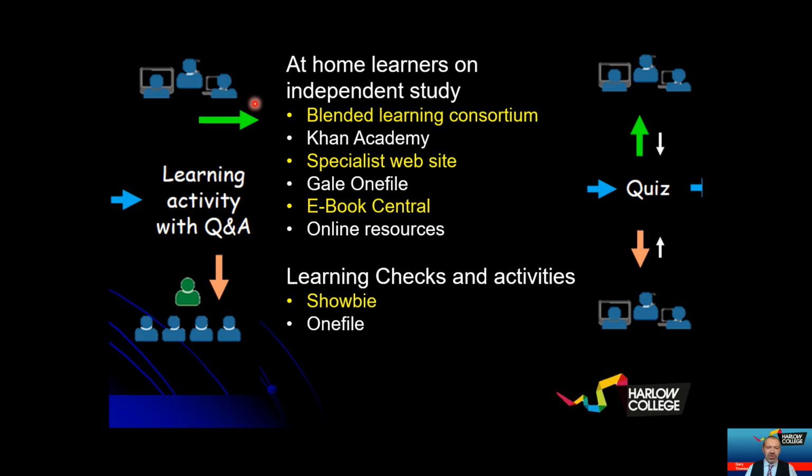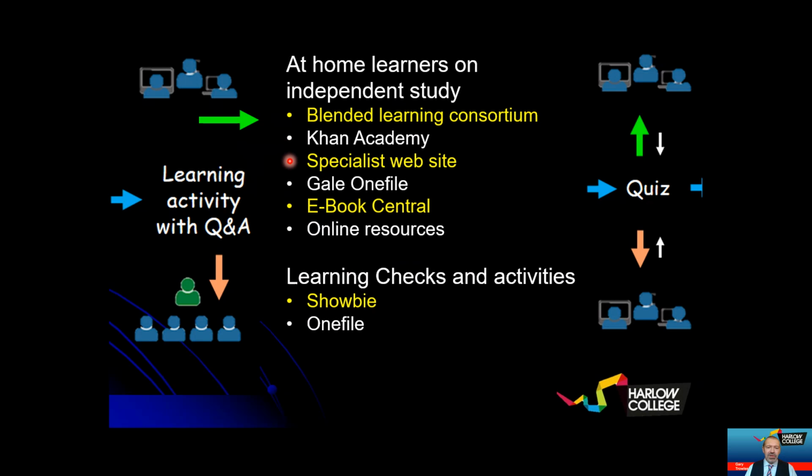So this is a question of what resources you've got for them to access, and here is a short list of some of the many options that are available for you to direct your students to. Blended Learning Consortium has interactive activities on it for most curriculum areas, and that can be found on the Cube. Khan Academy also has interactive learning